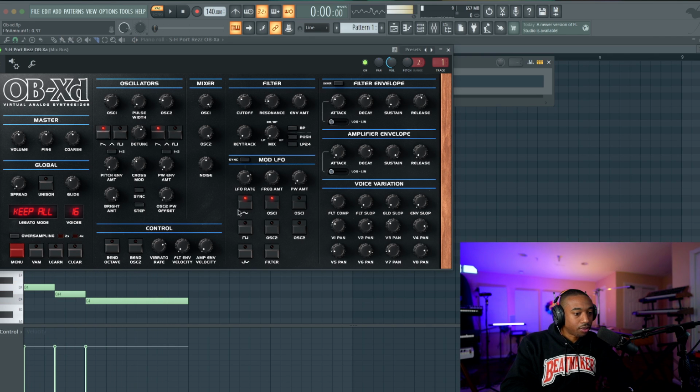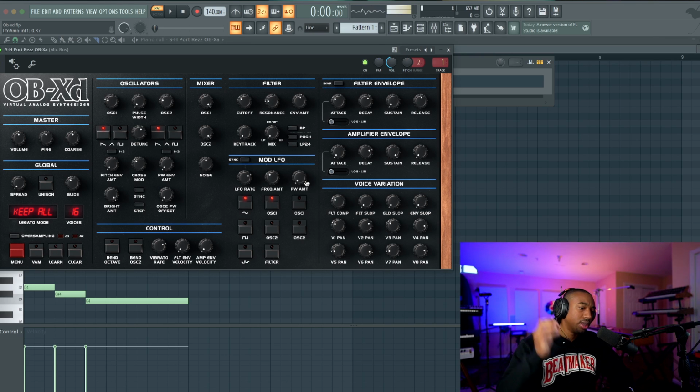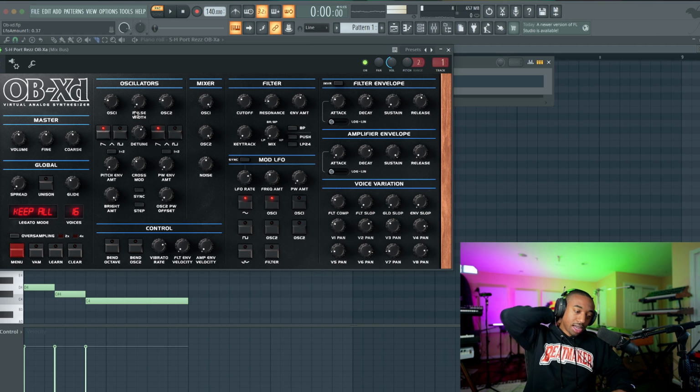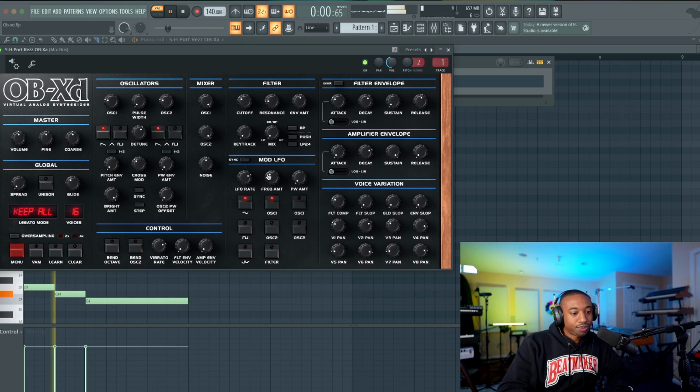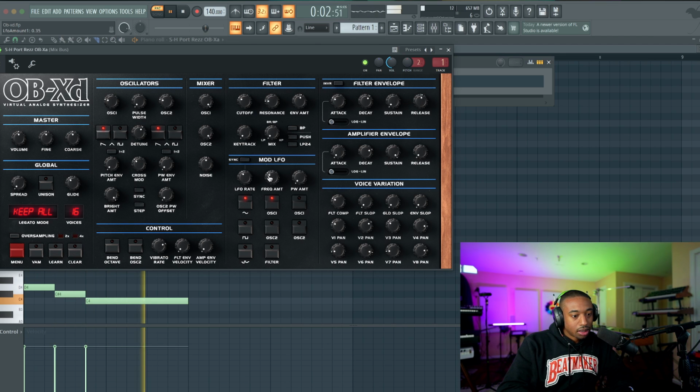So this is the shape for the LFO. This is the frequency you want to manipulate, like the filter or the oscillator too. And pulse width is if we were doing this over here on this knob, which we're not using a pulse wave. So this is the vibrato. You have to have these two activated. So we get a pretty cool sound.